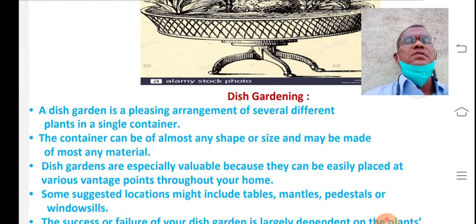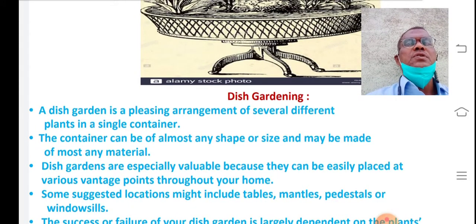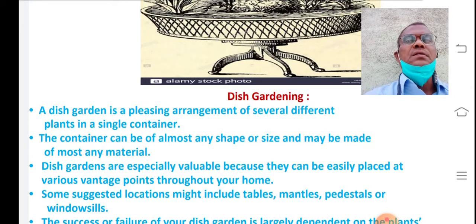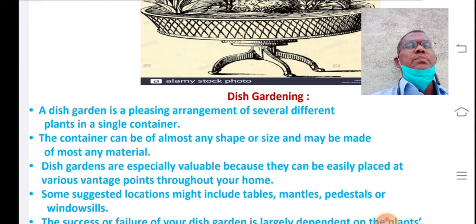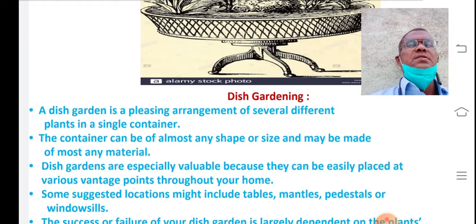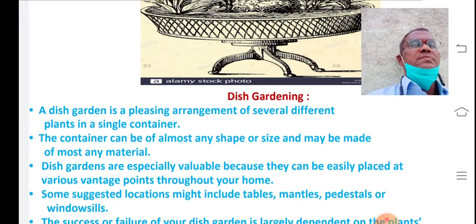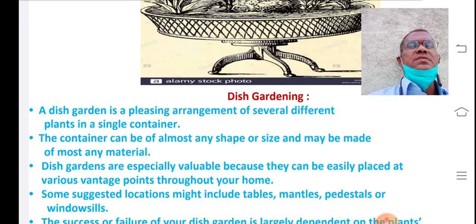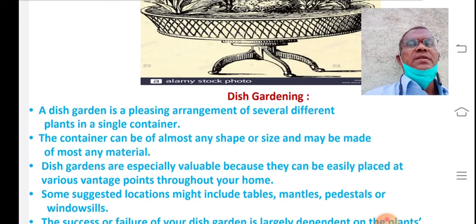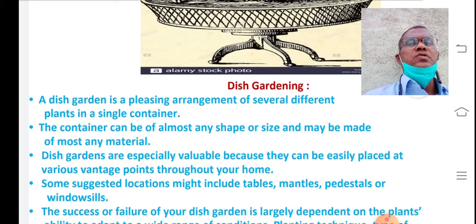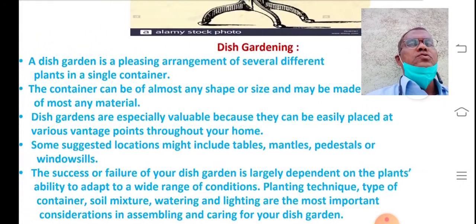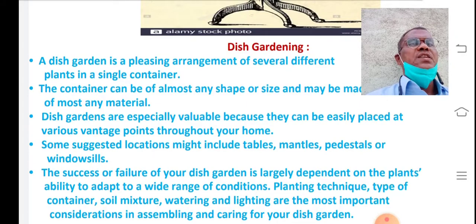A dish garden is a pleasing arrangement of several different plants in a single container. This is the simple meaning of the dish garden. The container can have different shapes and sizes, and generally it is to be easily placed where proper ventilation is there, that is proper sunlight and proper aeration. It is suggested to use tables, mantles, pedestals, or window